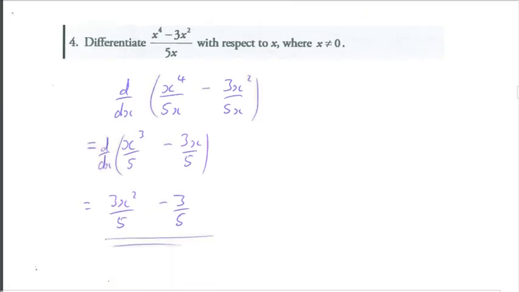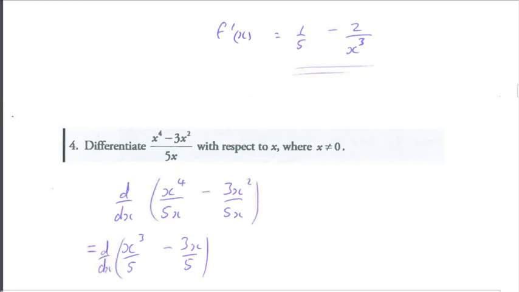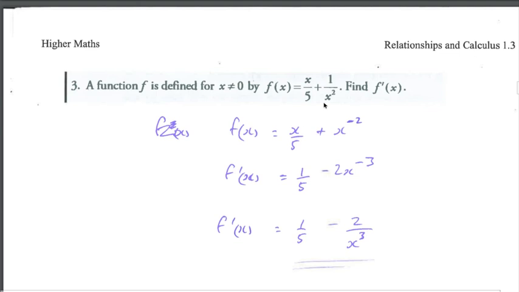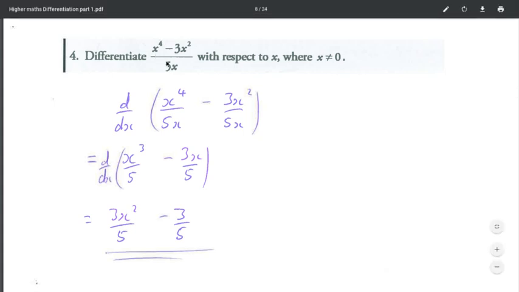Question 4. Right, question 4 is an exam type question that isn't always answered that well. And that is looking at the SQA's examiner's report, so that is over the whole of Scotland. So the reason why it is not always answered that well is that pupils confuse what is happening here, 1 over x squared going to x to the -2, which is totally correct, with thinking they can do that straight away here. Okay, so what we need to do first here, we need to break the fraction up into